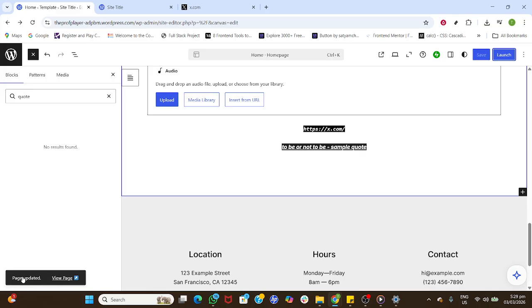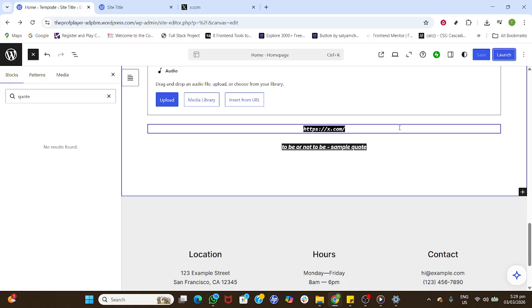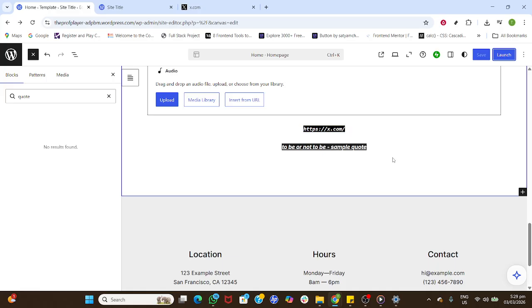Your update is now published on your site. That's it. You've inserted a quote block, entered the text and citation, centered the layout, applied a background, added a link that opens in a